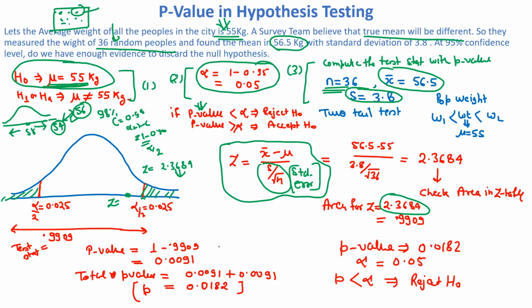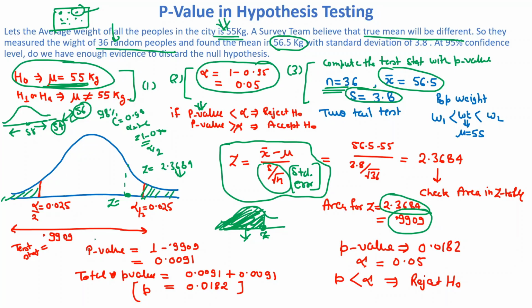So here you can see that our area is coming 0.9909. If you talk about the Z statistic, this is your Z value and we got an area. The area would be the total left area. If the Z is coming at this point, all the left area would be your Z area. As we know, the total area under the curve is 1.